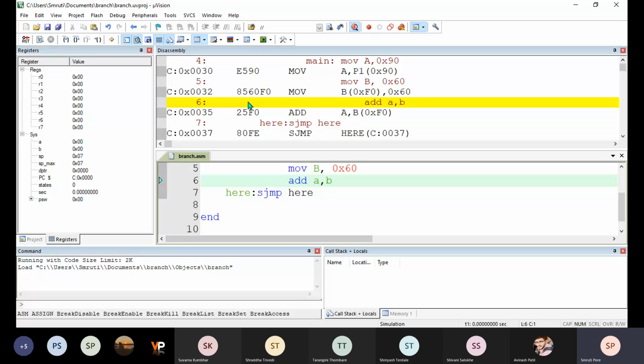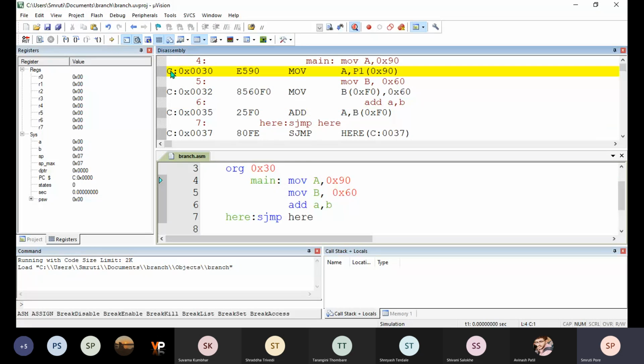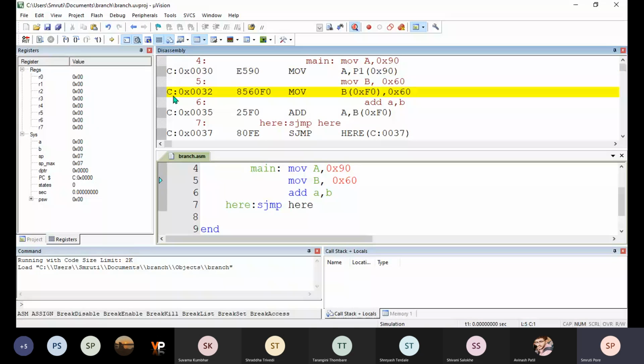So here you can see again it is highlighted there. I hope it is visible to you. C colon 0x30. Here you can see the first instruction, move A comma 0x90. Then next instruction 30, this is taking 2 bytes.